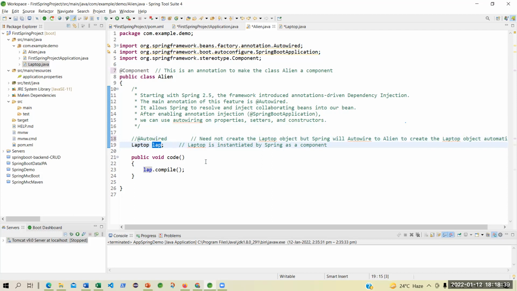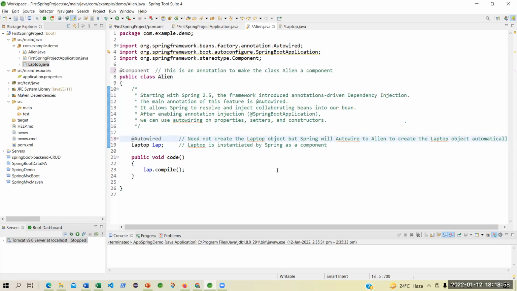I'm defining a variable called lab, which is of type Laptop. That I can do. But that will not help me, because this is a component and this is a component, I have to inject this, otherwise I will not be able to use that.